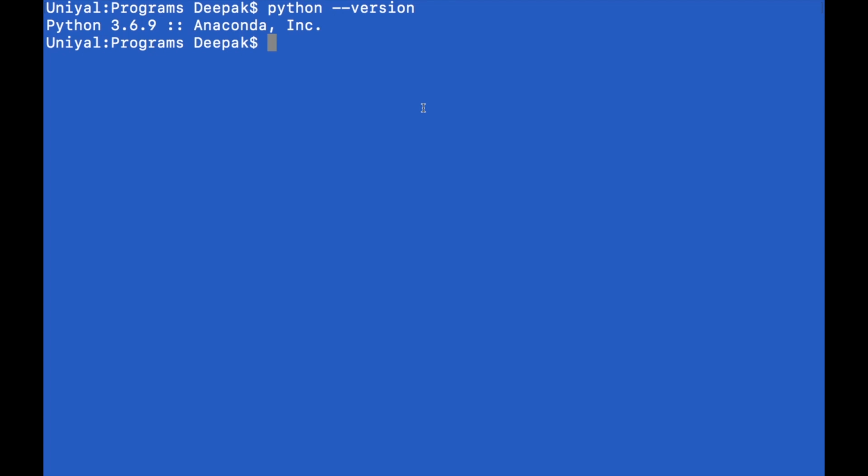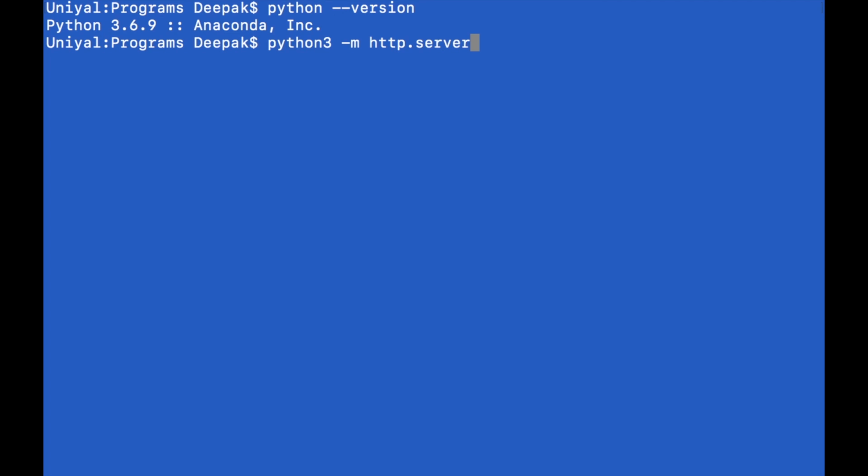So let's start. First install Python, and then run a command. If you are on Python 2, you write python -m SimpleHTTPServer. If you run this command, it will work for Python 2. But if you don't have Python 2 or you are running the latest version, then you have to use python3 -m http.server. Whenever you run this command, it will start a server, and using that server you can transfer files.